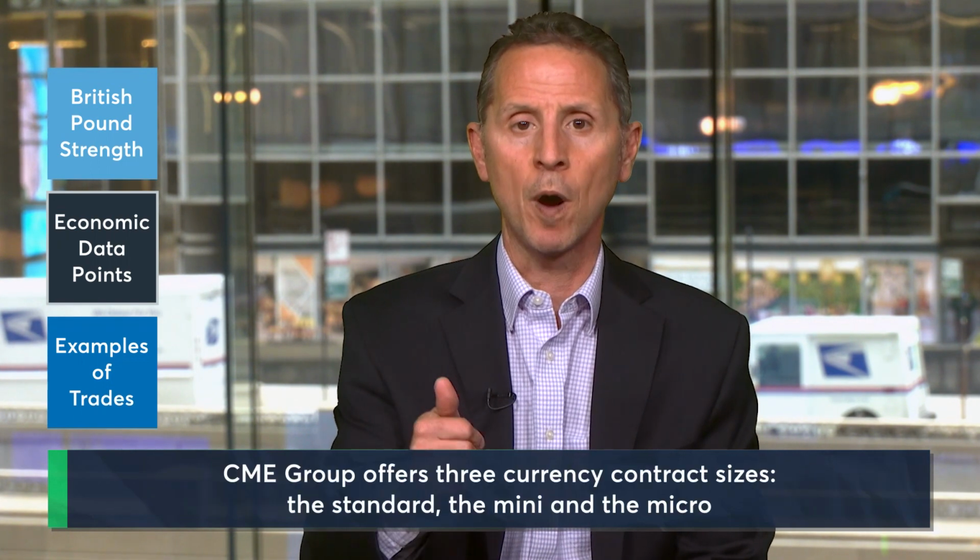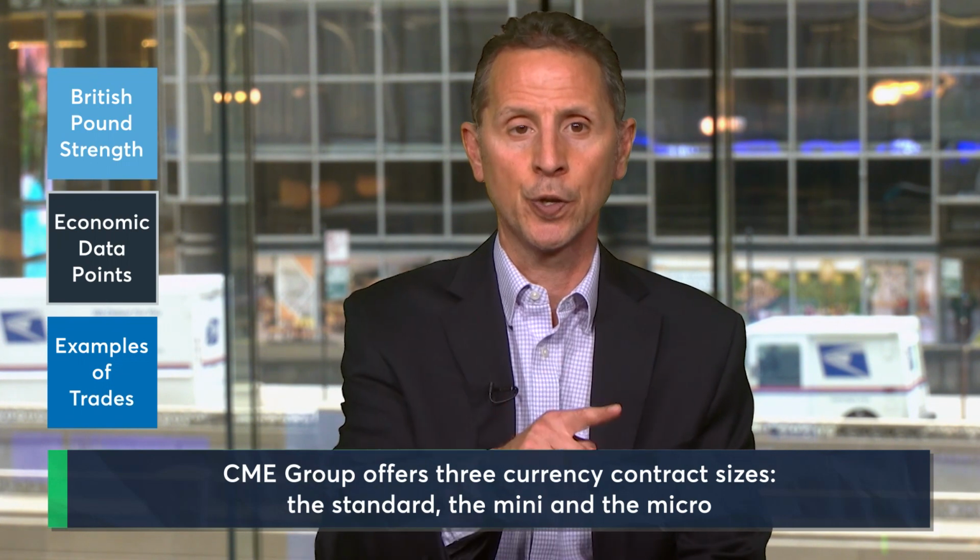Now, CME Group offers three different size currency contracts, the standard, the mini, and the micro, in order to match a trader up with their preferred risk tolerance. We're going to be using the micro in these examples. If a trader believes the British pound could fall from here, they can express that by selling the March micro British pound futures contract at